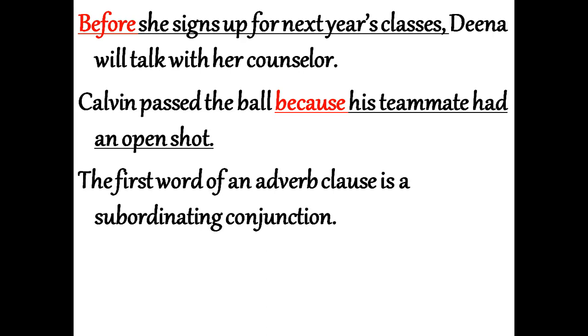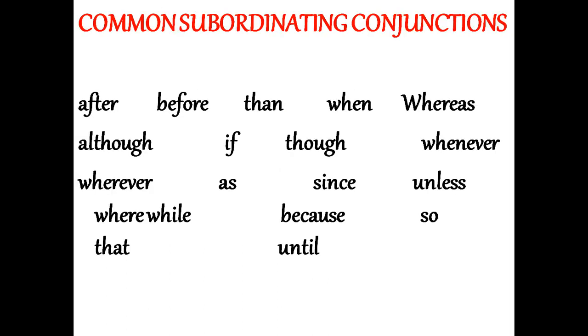The first word of an adverb clause is a subordinating conjunction. So the underlined part of the sentence is called the adverb clause, and the word in red is called the subordinating conjunction. Now we have some common subordinating conjunctions that you have already studied in the previous classes. Here you would know them easily, point them out: